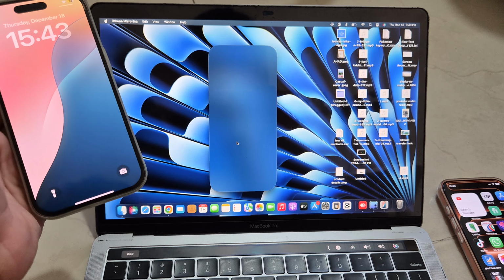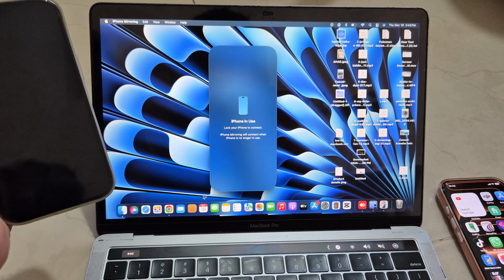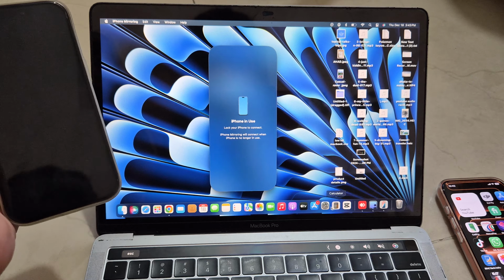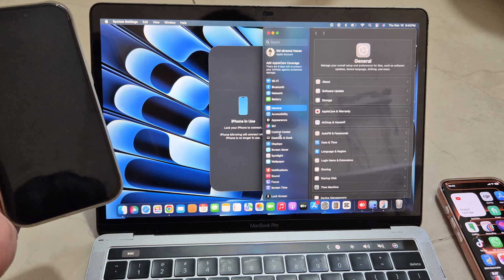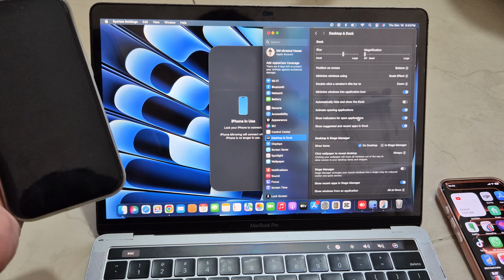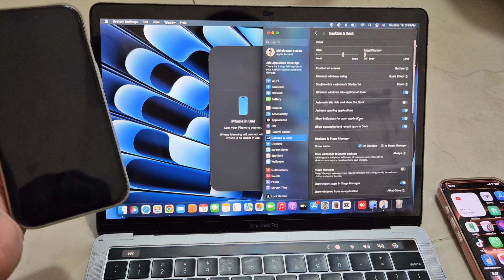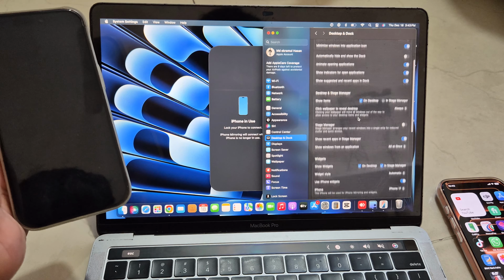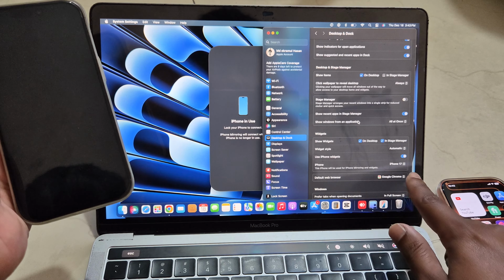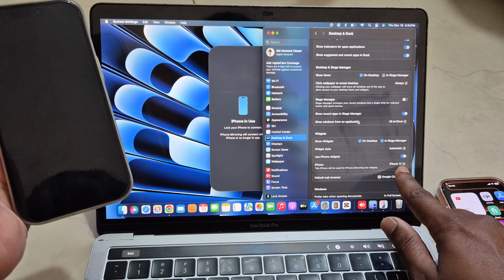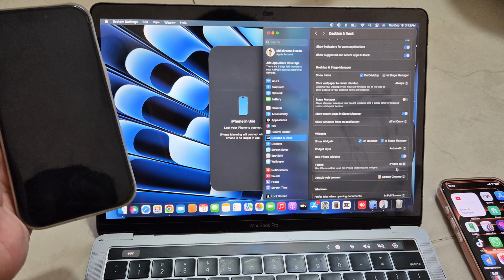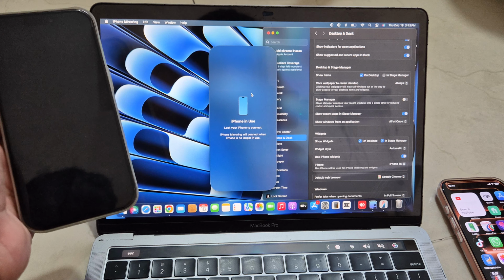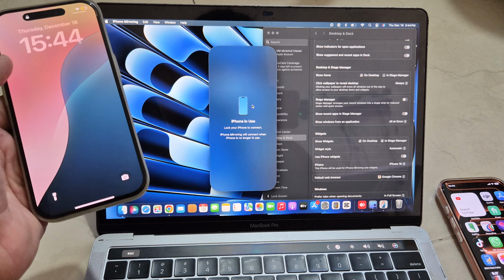press Connect, and at the same time you need to go to your Settings, open up Settings, and select Desktop and Dock, and from here you can see the widget. Select the widget, this option, and here you can see the iPhone is set as 17. Now select 16. Now once you select 16, now if you try to